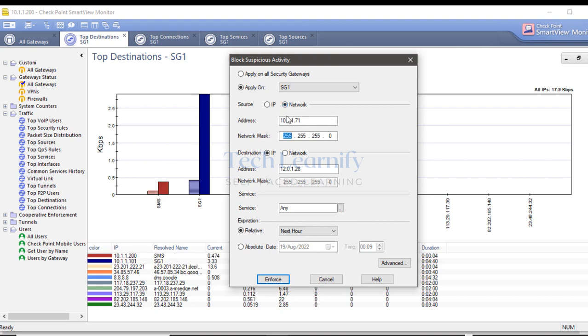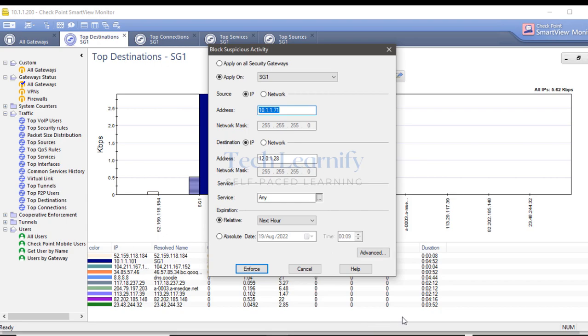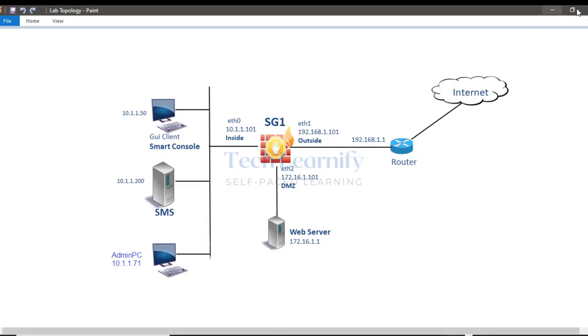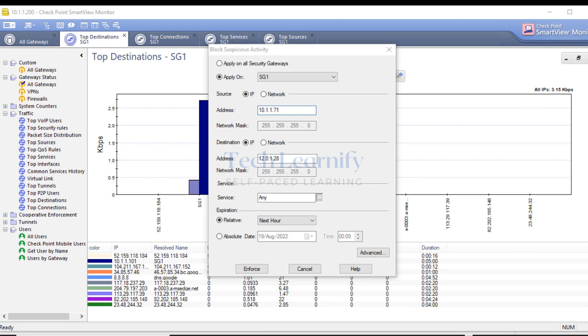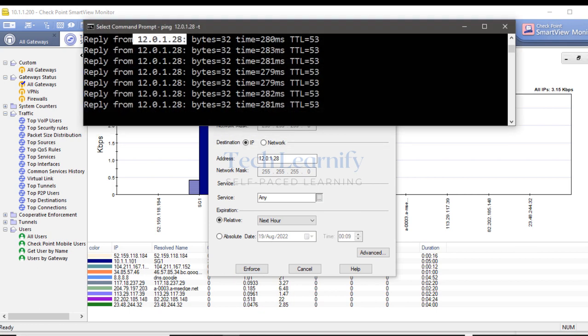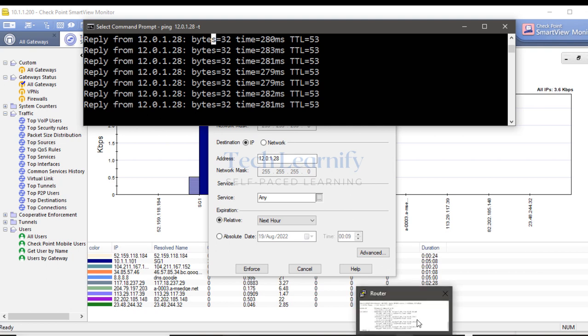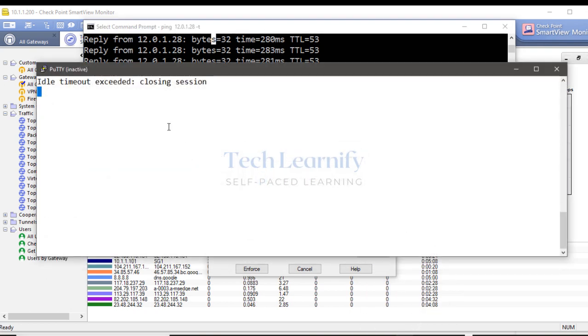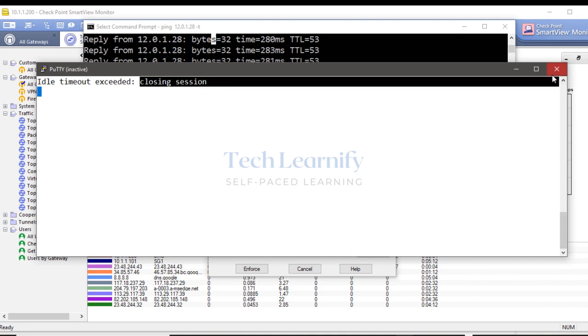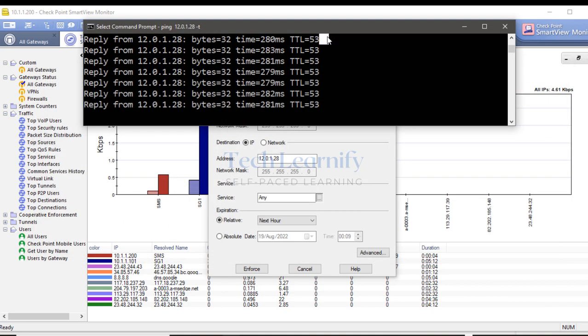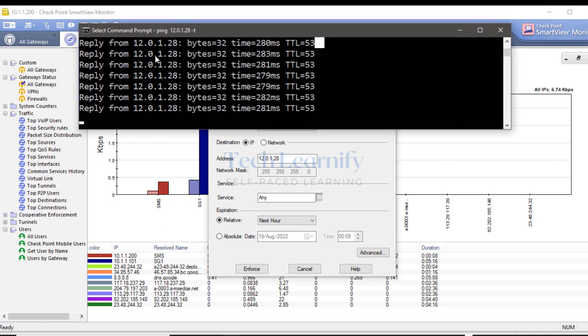Yes, like we can specify network mask, but I want to block this connection for specific host IP and destination. That's correct. And what about the service? Any service. So if I select any, it means both this ping request and the SSH connection will get terminated, and it has already timed out anyway, no problem. So yes, since there is only one connection hitting the destination